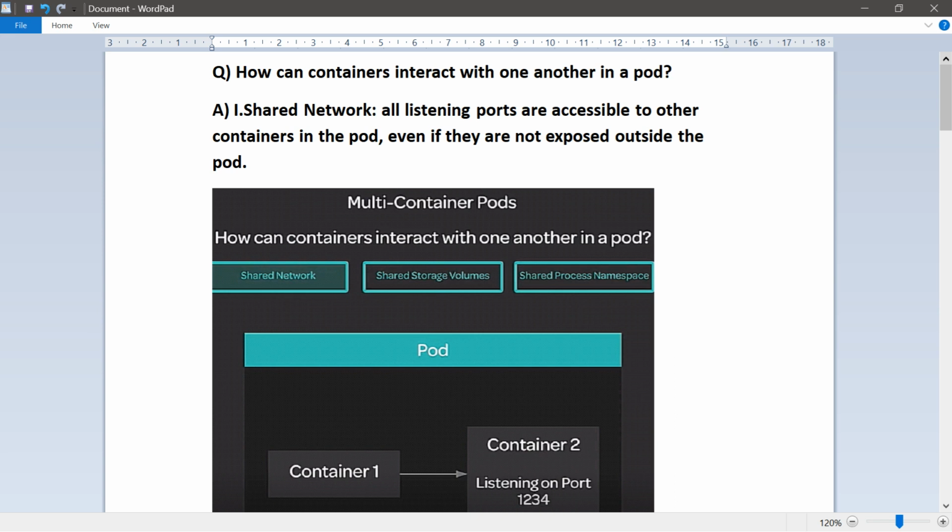The containers communicate with each other on all ports in the context of the same pod. So that's the way containers communicate over a shared network.